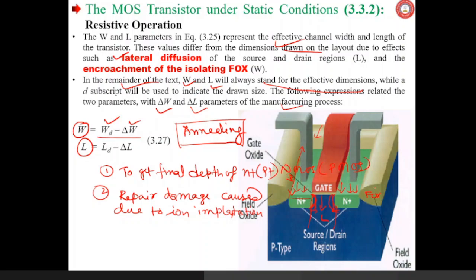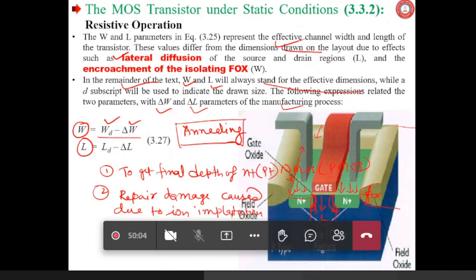See that it is in this shape, it is penetrating. You can think of it as penetrating. Possibly on this side, it will be there. It is cut here. So this penetration will not be affecting the width, but from the back side and the front side, that penetration or encroachment of the Fox will affect the width. Could you understand? Yes or no?